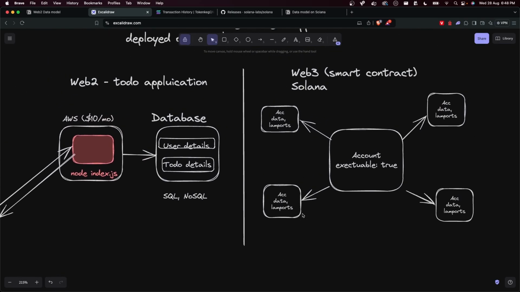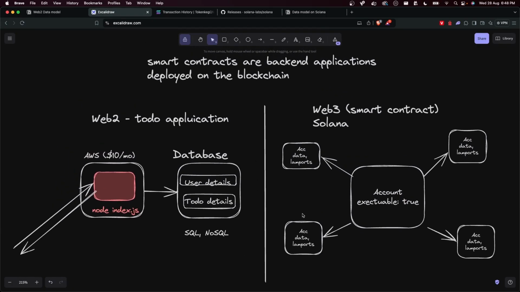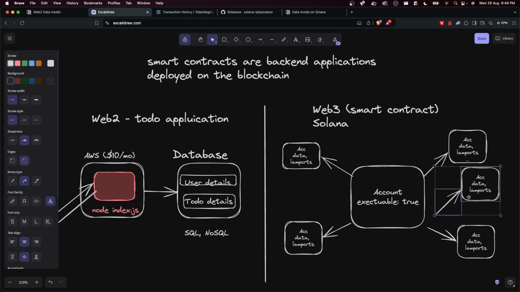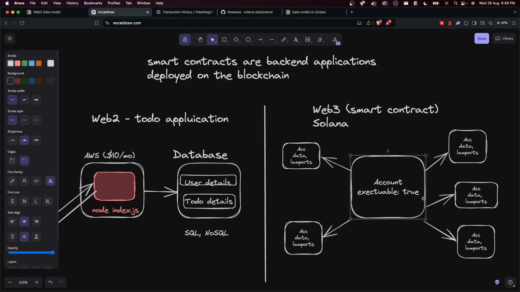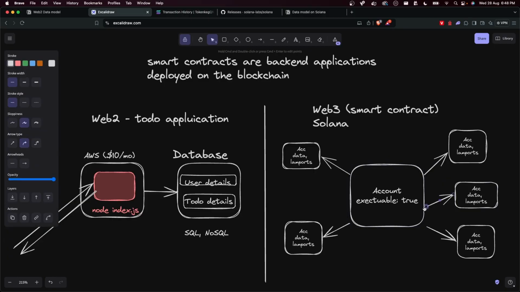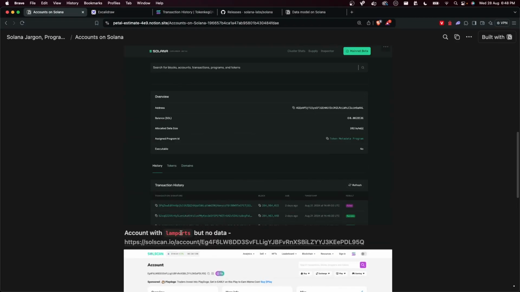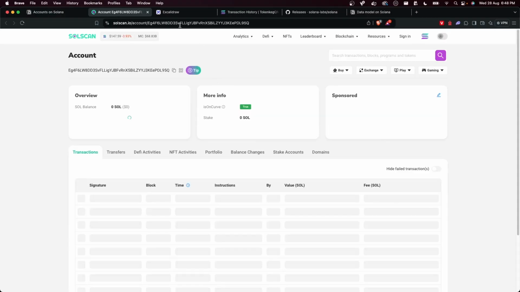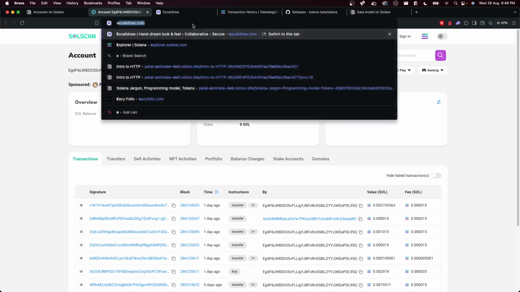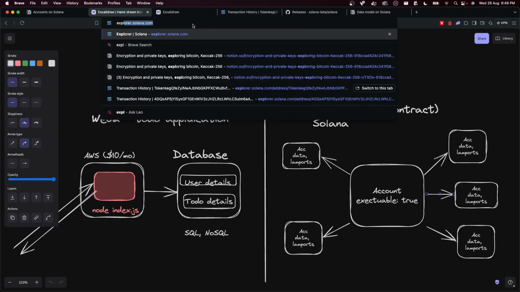In the Web 3 world, it gets complicated. More specifically in the Solana world. Solana says, whenever a new user signs up on your platform, create a new account for them. And in this account there is a data field, right? If you remember, every account has a data field and lamports. If I open another example over here of accounts on Solana, there was an account that had both data and lamports. If I open this in the other explorer,